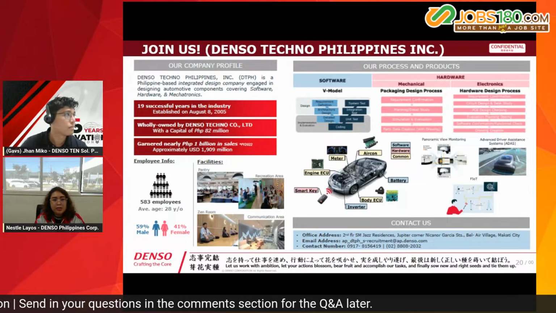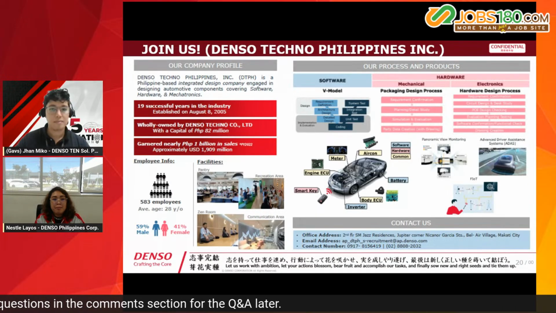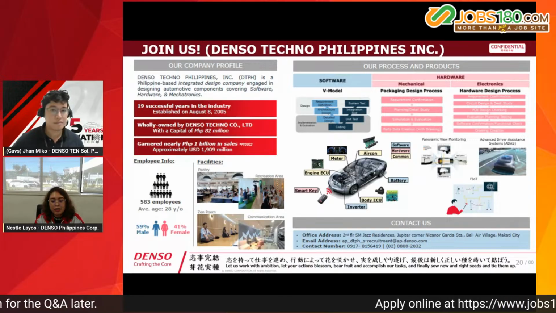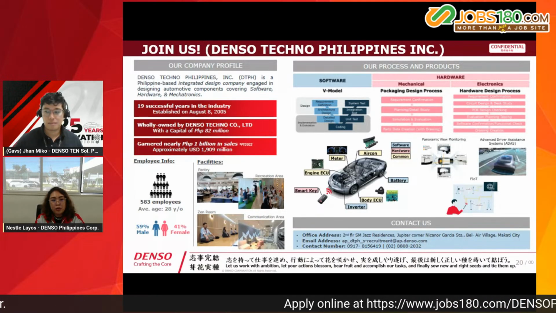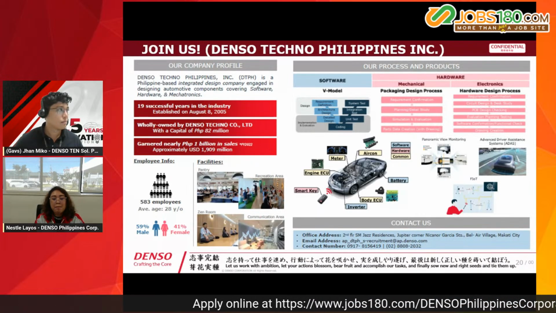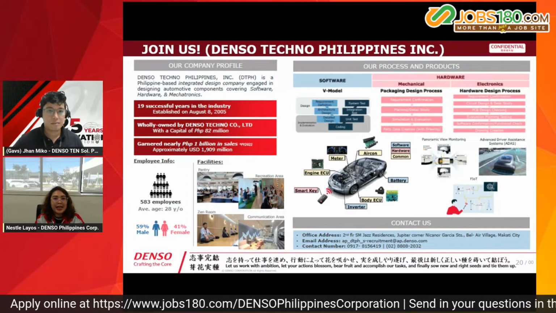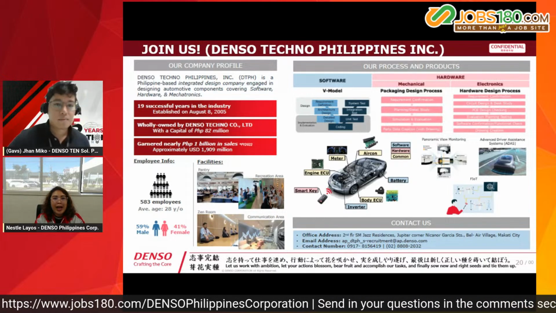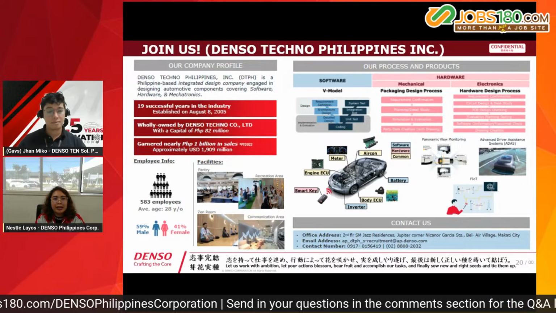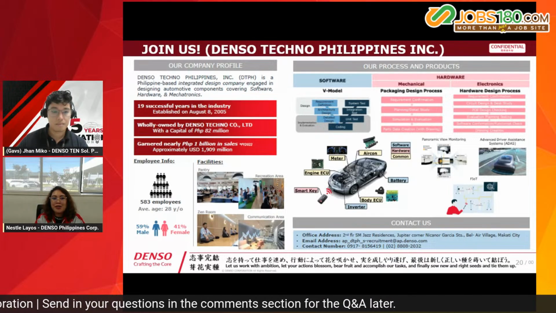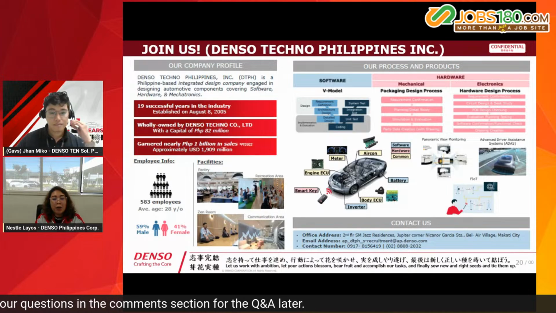So we can see that Denso Techno Philippines is a Philippine-based software engineering company engaged in embedded software development for automotive components and applies new technologies to refine them as the times change. So now we're done with the design team and I'll give the floor to Sir Gabs to discuss the company